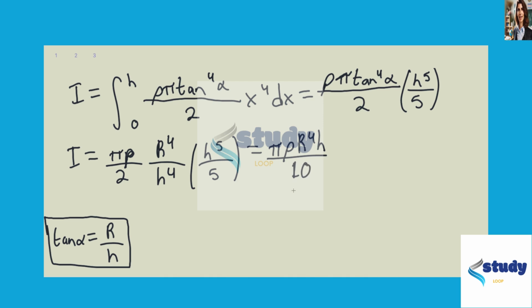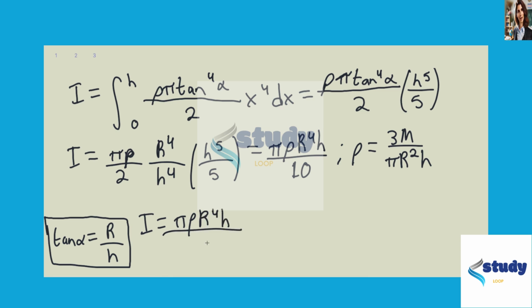At this point, we know that rho is going to be equal to 3m over pi r squared h. So at this point, we know that I is going to be equal to pi rho r to the fourth h over 10